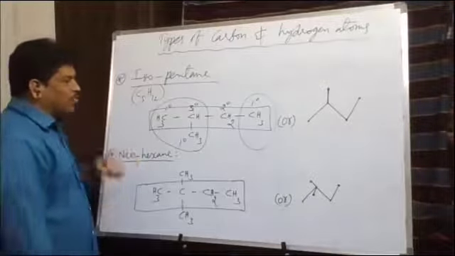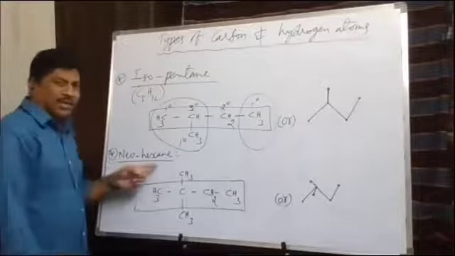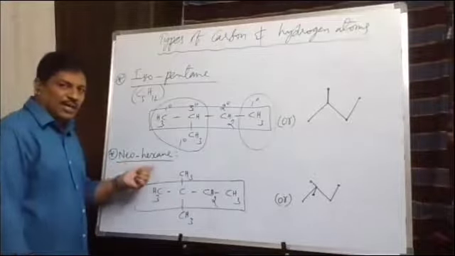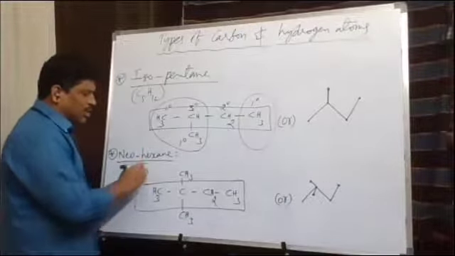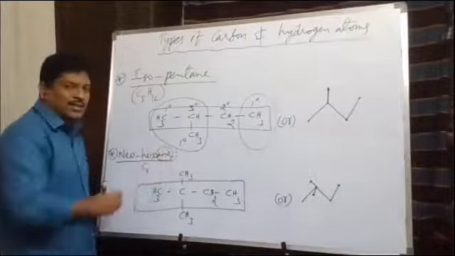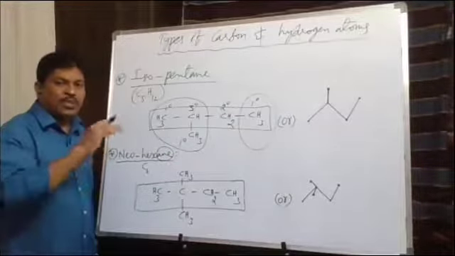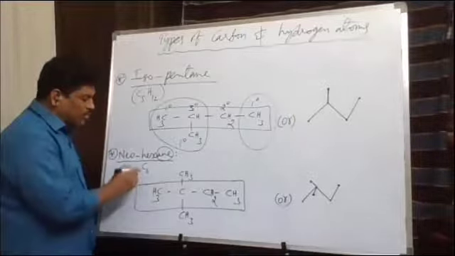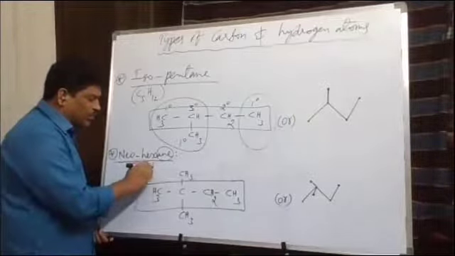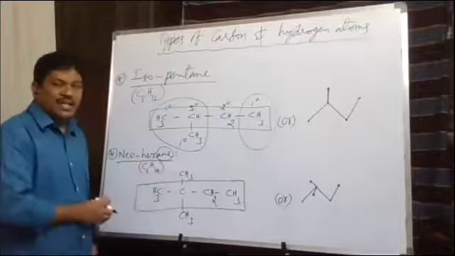Okay. And next one, if you observe this structure, in this case, here it is neohexane. So in this case, hex indicates how many carbons? C6. The alkane general formula is CnH2n plus 2. We have to double the number of carbons and add 2. So it is what? C6H14. C6H14 is the molecular formula of hexane.